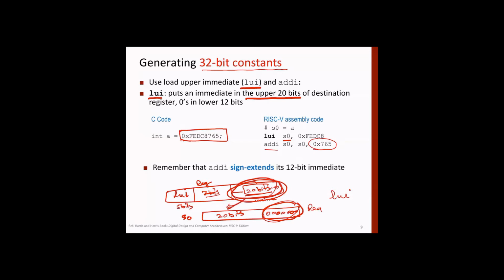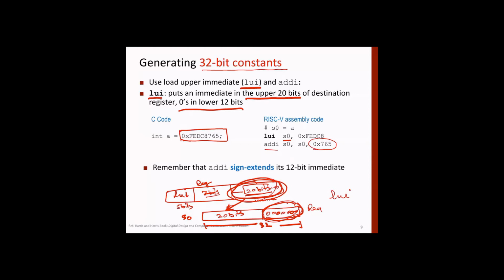the 20 bits which are given in the immediate field. And where can you load? Because this register has 32 bits, right? You can load towards the right hand side or left hand side. So it says that upper side means towards the higher value side, this MSB side, load 20 bits. Now still 12 bits are left out in the register, so those 12 bits you fill with zeros. Got it?